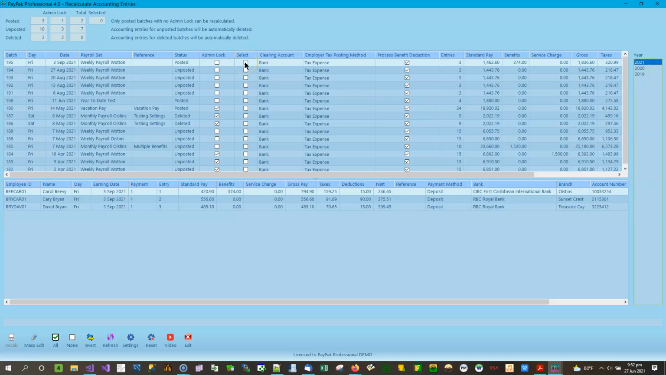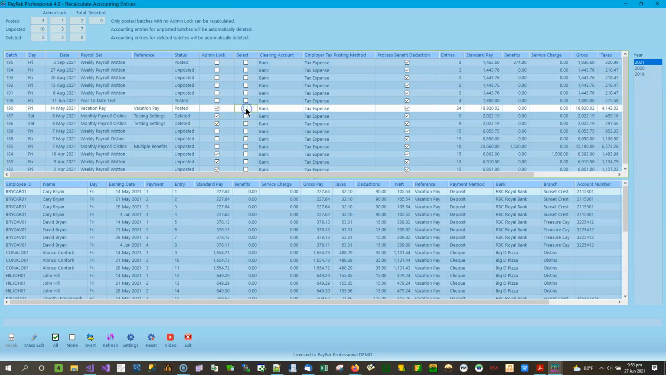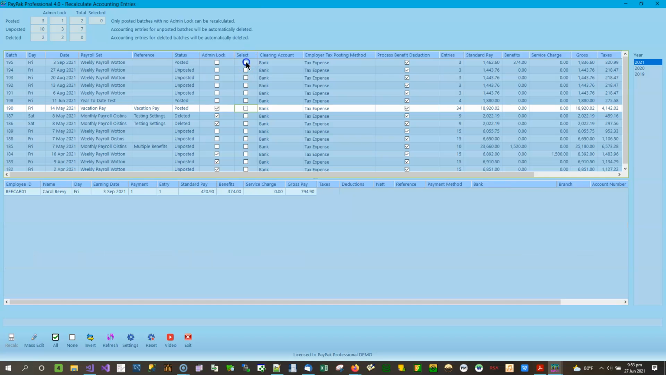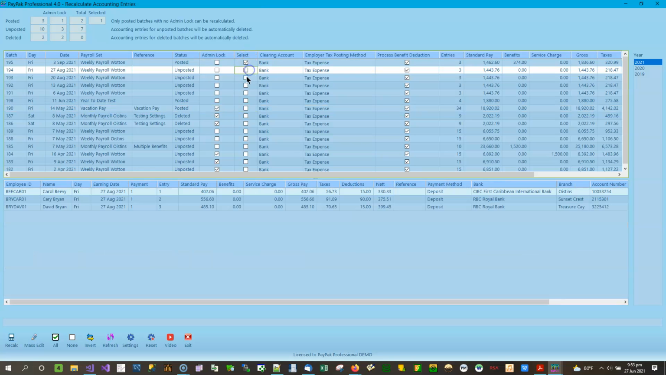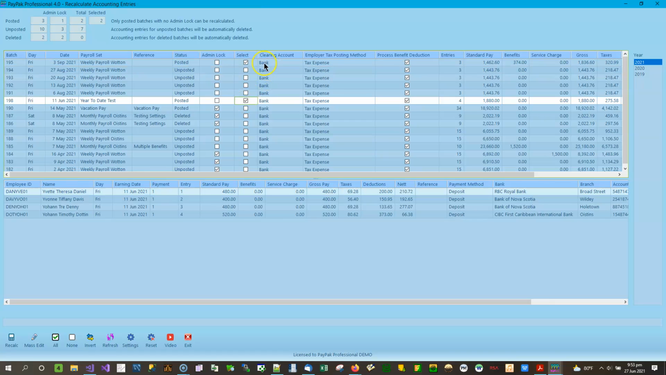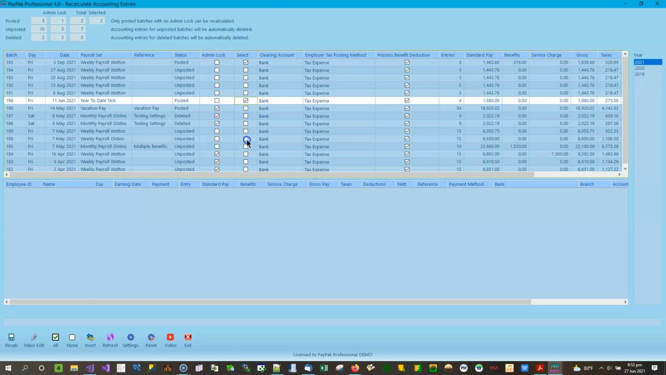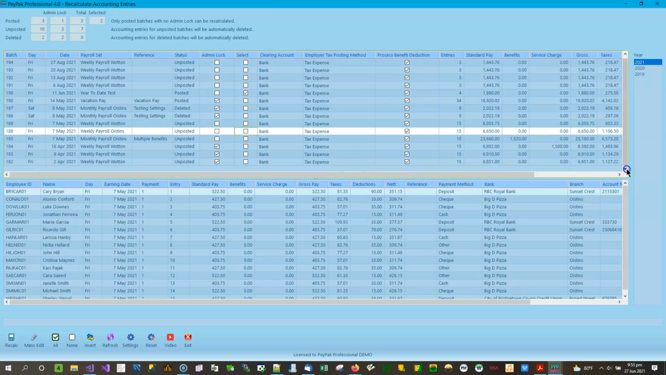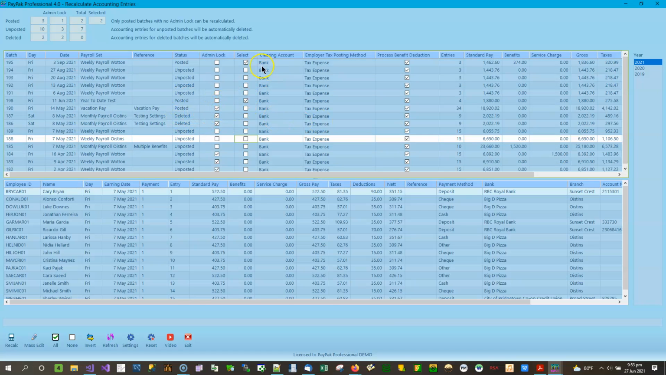Ideally, what this screen will do is allow you to select batches which do not have an admin lock, because if it has an admin lock you can't change it. Let's say we go for these first three here. Sorry, that's an unposted one. I can only do it for the posted ones. Okay, so the first three, that's unposted as well. There's only two. The other posted one has an admin lock, so I can't change that. So we have two batches that we've chosen,